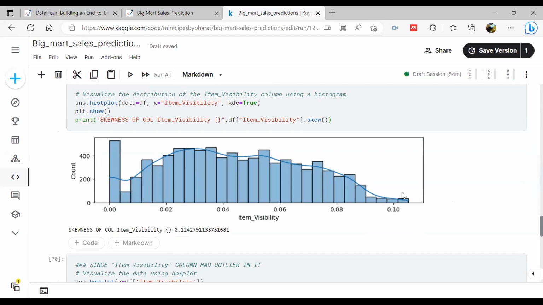As in the beginning, I said that we want to try to keep all the columns with a normal distribution, so that the machine learning models can be easily trained, and also the convergence time reduces. Convergence is that we can easily find out the best fit of the model if our data is normally distributed and if it is scaled. So these are a few things that